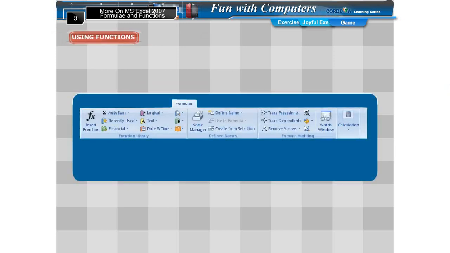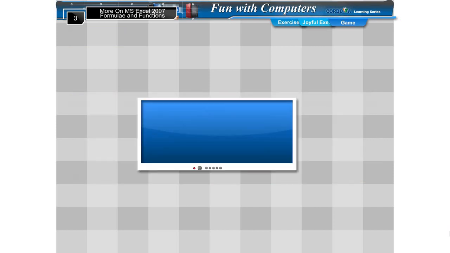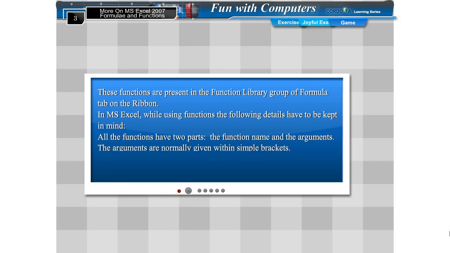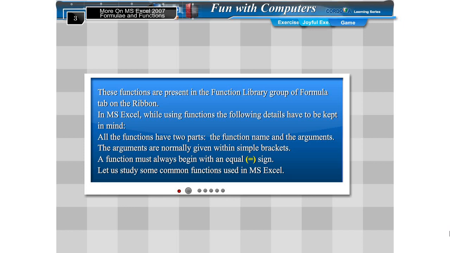Using functions. Functions are predefined commands that act on a cell or range of cells and perform some particular operation quickly. Excel 2007 provides a variety of functions like AutoSum, recently used, financial, logical, text, date and time, lookup and reference, maths and trig, etc. These functions are present in the function library group of the Formulas tab on the ribbon in MS Excel.